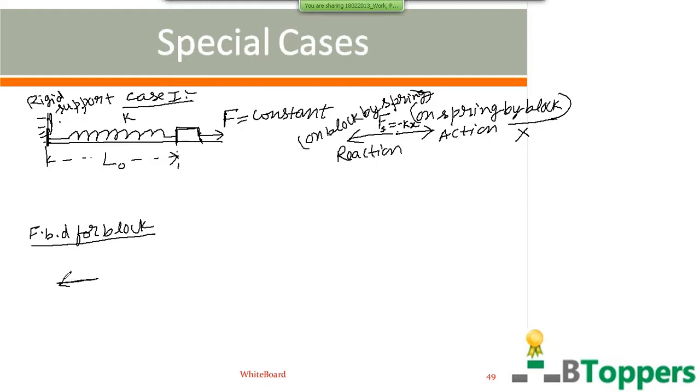So when the spring is stretched by distance x from natural length, the magnitude of this elastic force by spring is equal to k into x, where k is the force constant of spring. The weight mg of the block acts vertically downwards, which also should be shown in the free body diagram for the block. The normal reaction force on the block by the floor acts vertically upwards, perpendicular to the surface in contact and directed away from the surface in contact.